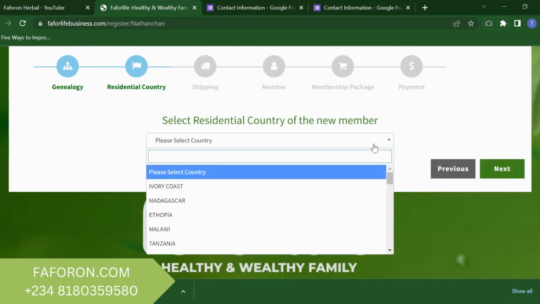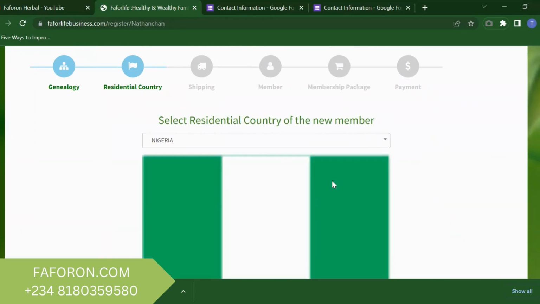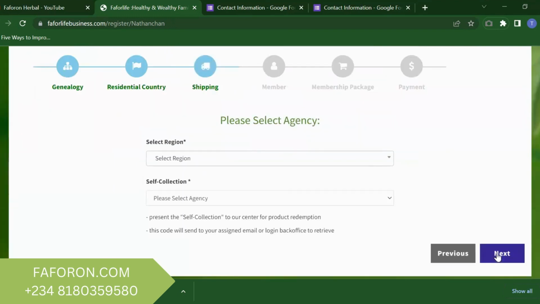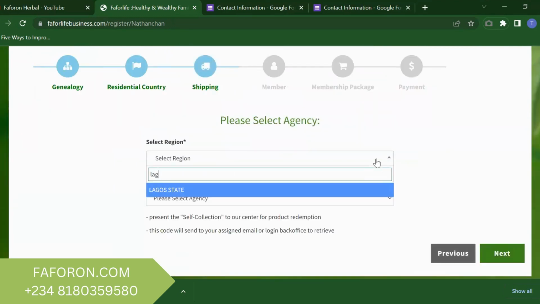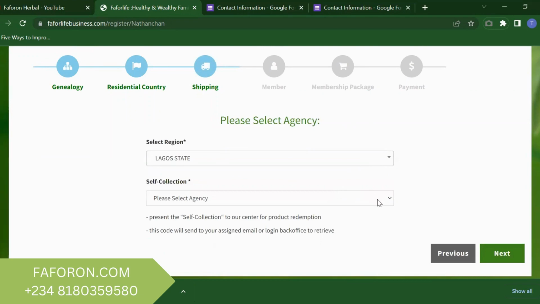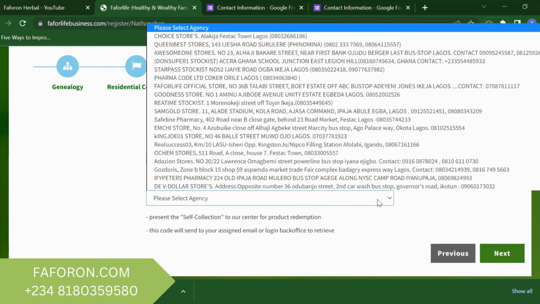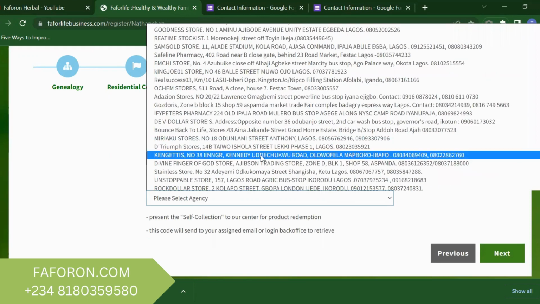Now you select the country. Obviously, I'm in Nigeria. Then you select the region. I'm in Lagos. And the person I want to give the product is in Lagos. Now, when I picked Lagos, it showed me all the stockists that are available in Lagos. I can now decide that I want to pick someone to collect from. And that decision will be based on two things which I've mentioned: that I've called to confirm that the stockist has products, and also it's going to be easy for me or my prospects to get the product. So in this case, let me just pick